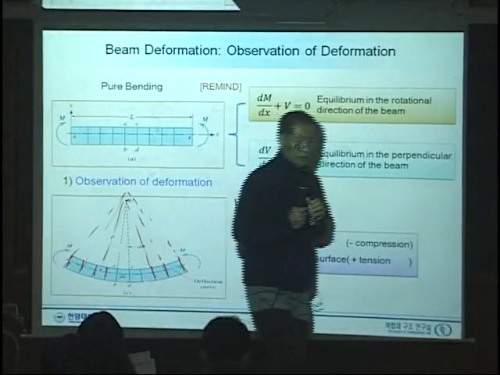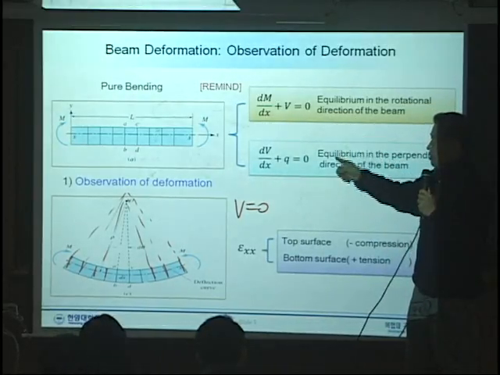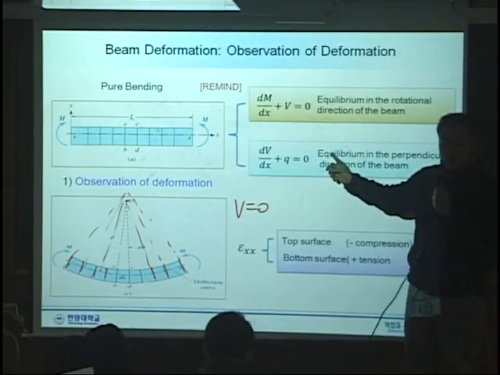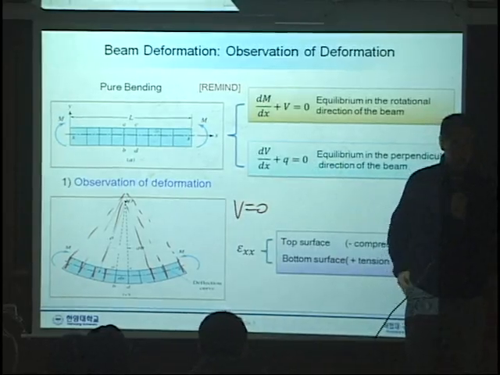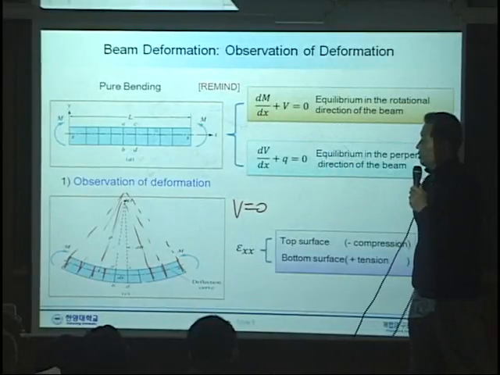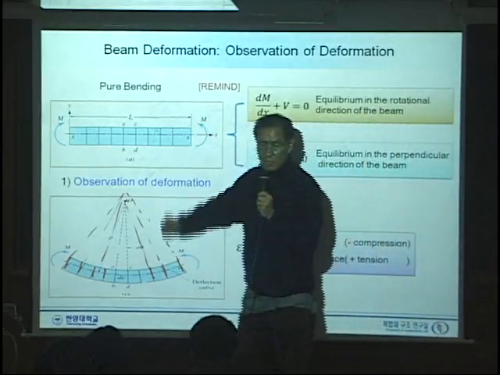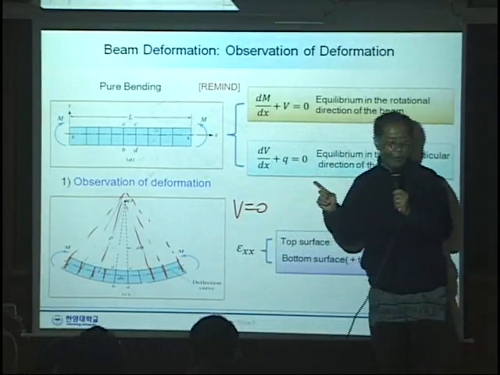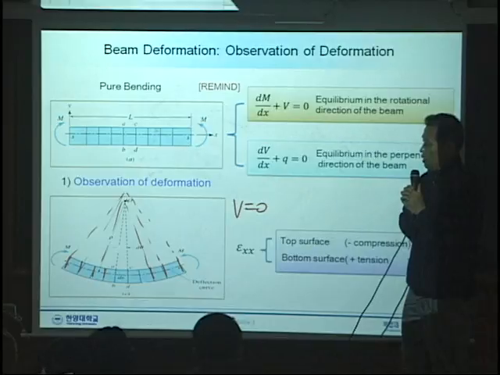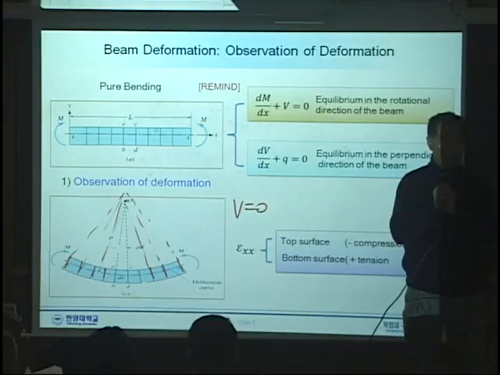Okay, these are two equilibrium equations for the bending case. This one is from vertical equilibrium when the beam is subject to an external load Q. Q is a function of x, and this is from the vertical equilibrium equation, and this equation is from the z directional moment equilibrium equation. Those two equilibrium equations will be the fundamental equations in beam theory,